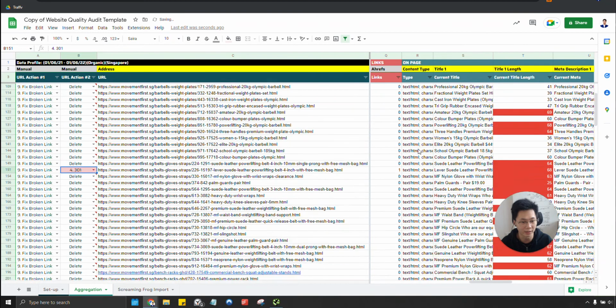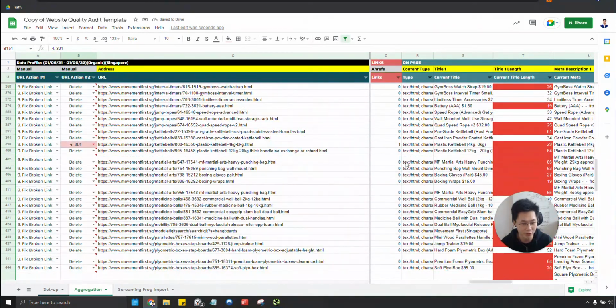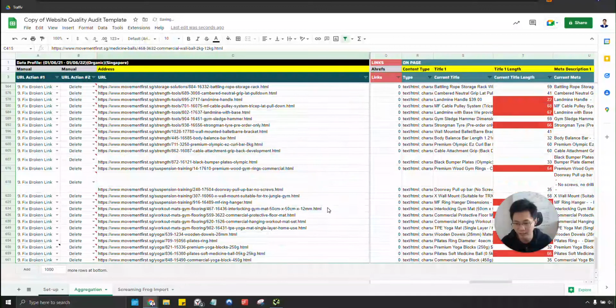All right, but the first thing that I'll recommend for this website is to look at their whole entire architecture, right? Because there are a lot more underlying problems even with how their products are set up. So ideally, it should be set up something like that, where it's jump ropes, and then the specific products, but they have yoga, and then they have wooden dolls or Pilates ring, yoga blocks, and this weird stuff going on. So ideally, if I can change it, I will change it to something like this, okay,